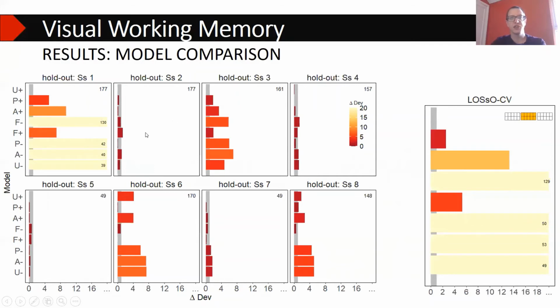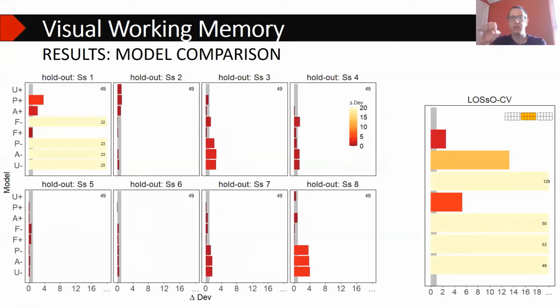So here set size 2 is held out, so set size 1 is included in the training, and suddenly you see there's no difference between models anymore. You might say, well, you said that different experiments use different numbers of set sizes, and maybe it's just odd averaging that goes on because it's averaged across all participants, so it's a bit messy. If we only look at the experiments that used all 8 set sizes, we still get exactly the same pattern of data. That basically suggests that set size 1 is really important in distinguishing between models, but that other set sizes aren't,